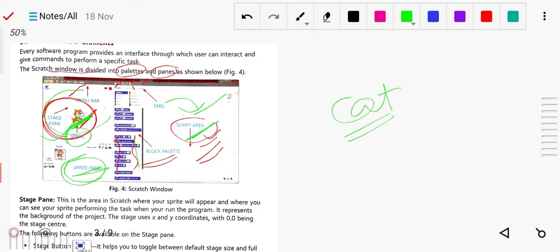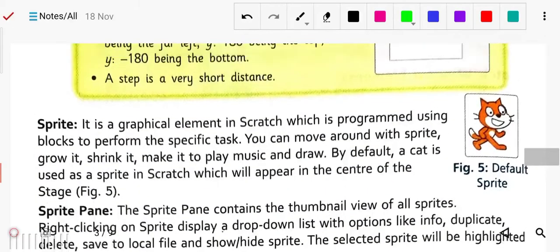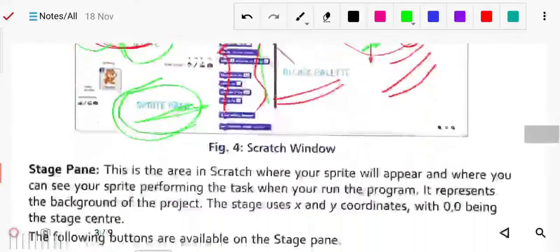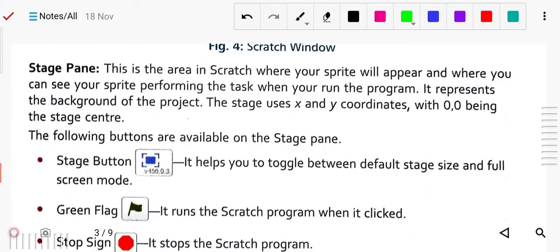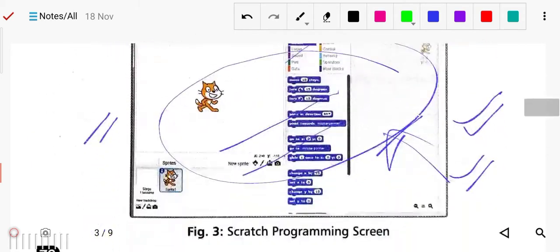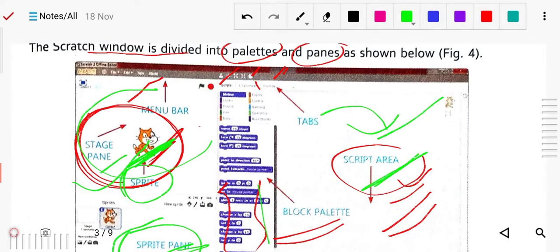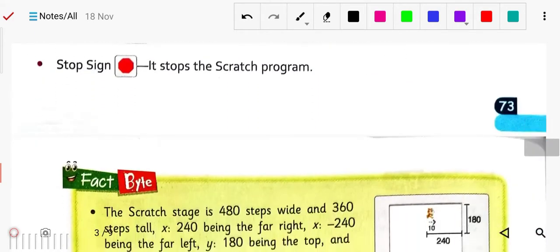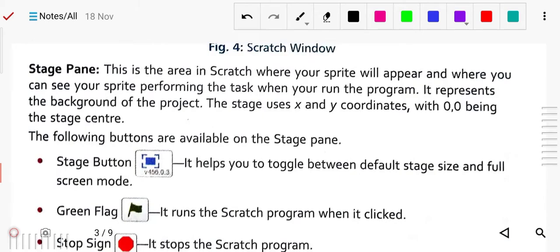Now next is the stage pane. This side is called the stage pane. Just now we have seen this is the stage pane. It is the area in Scratch where your sprite will appear.